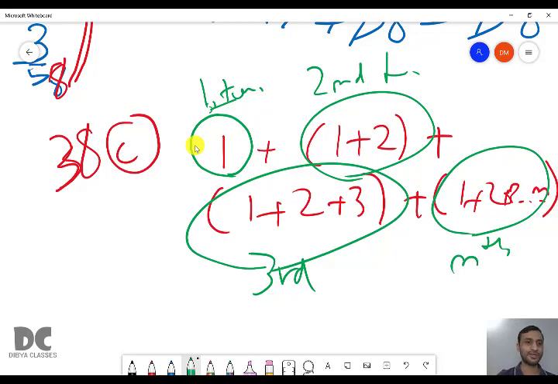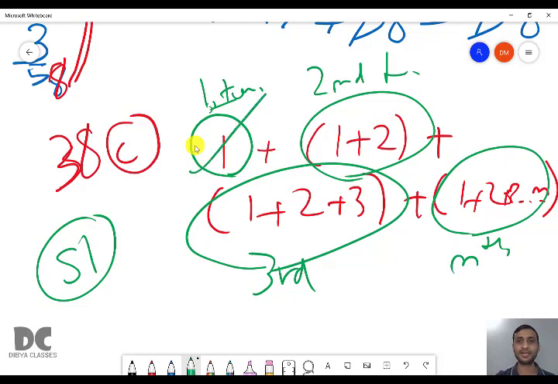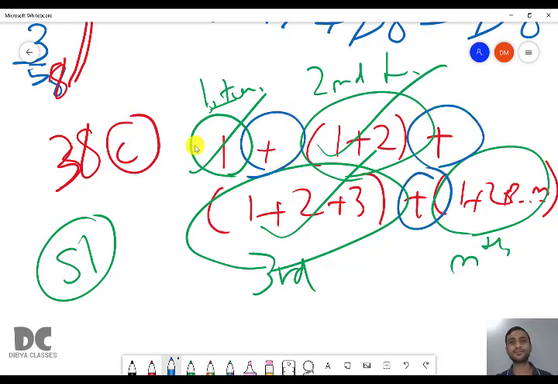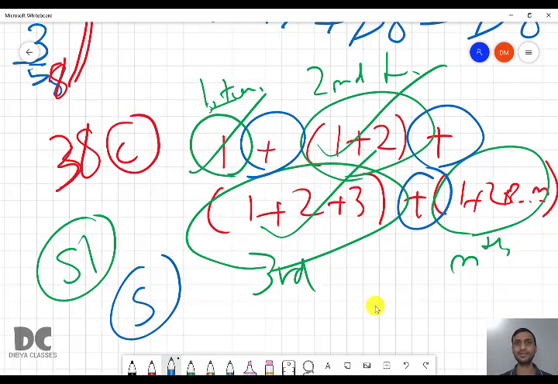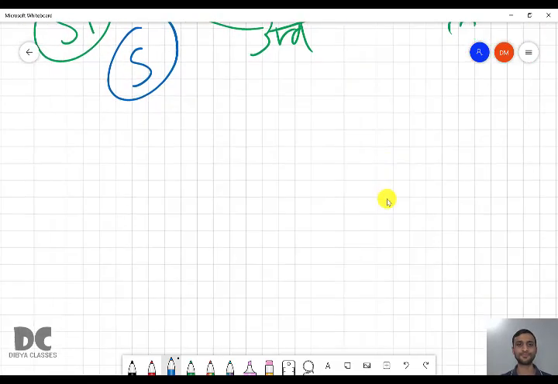The variable s1 is to create the terms, the first term, the second term, the third term. But you can see all the terms are also added. All the terms are added. This is done using the variable s. Let us see how this is working in the program.